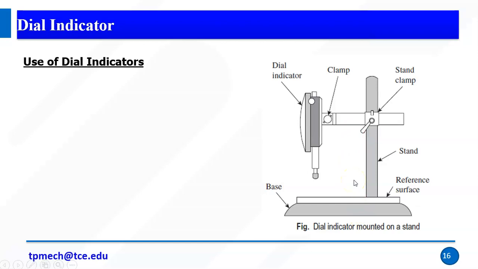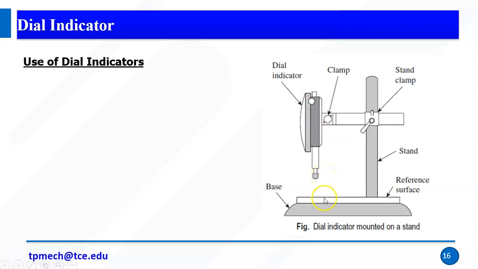So how the dial indicator works is very simple. If I want to measure the length of a cylinder, assume that I am going to check the length of the cylinder. I know the length should be 10 mm, or 10 units. Then I need to arrange slip gauges. So first I arrange the standard slip gauge to 10, and the probe touches the standard. Again I have a screw, and I will adjust the value to 0 in the dial indicator.